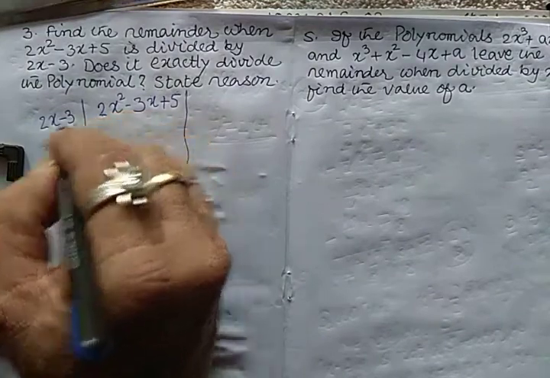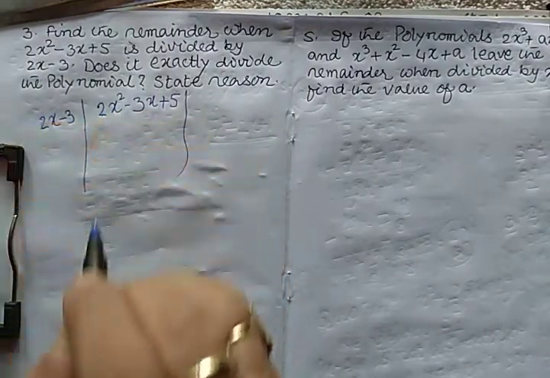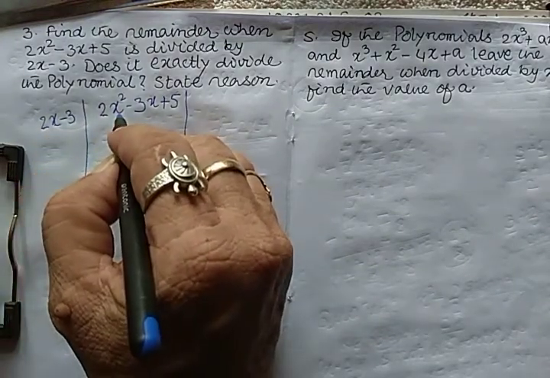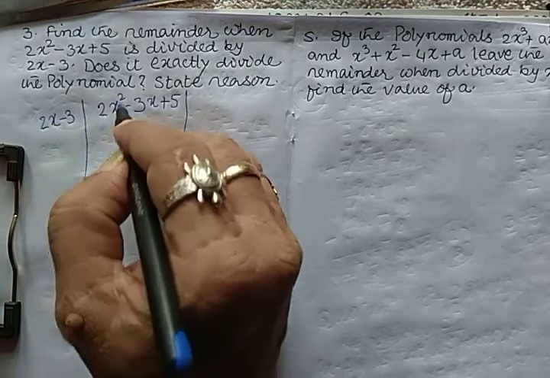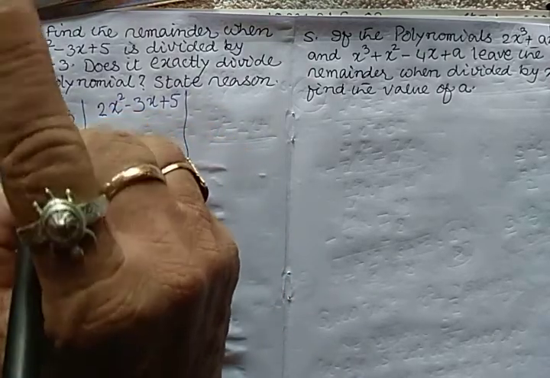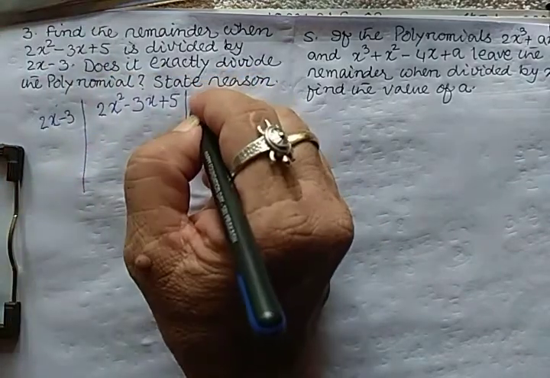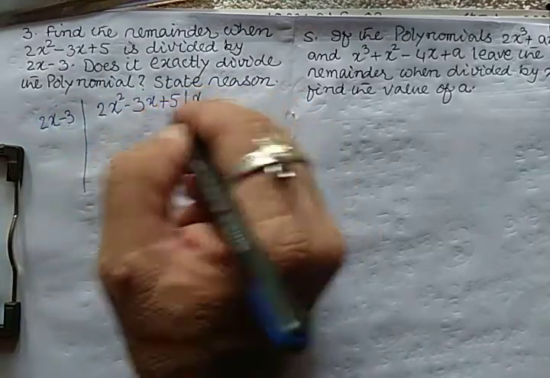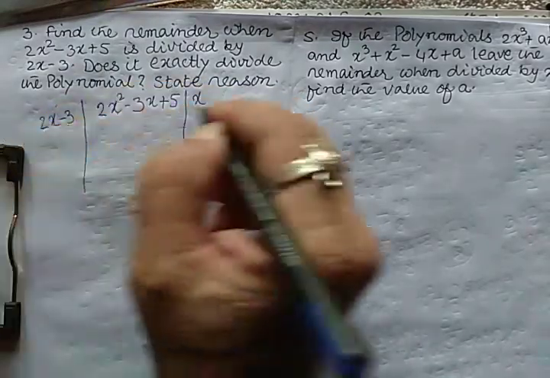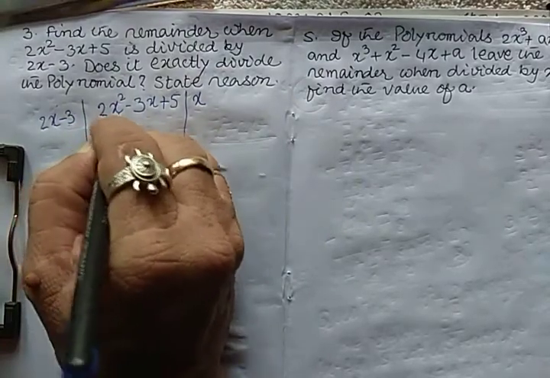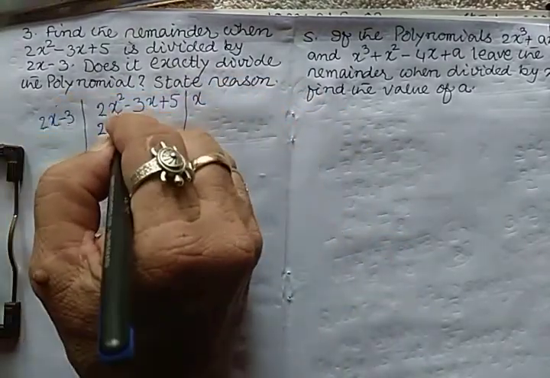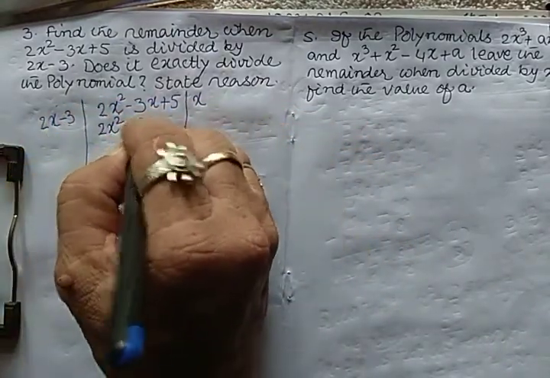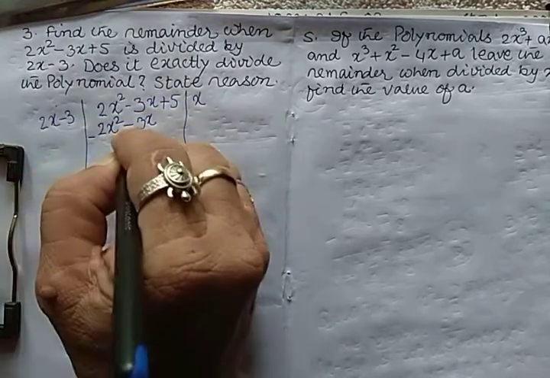So here what we have to do? Here we have 2 and here we have 2, so you need not multiply by any number. Here you have x, here you have x square. So with what you need to multiply? Power 2 minus 1, that means 1, that means by x. So now you have to multiply both these terms by x. Plus into plus, plus. 2x into x, 2x square. Plus into minus, minus. x into 3, 3x. Now you have to subtract this.